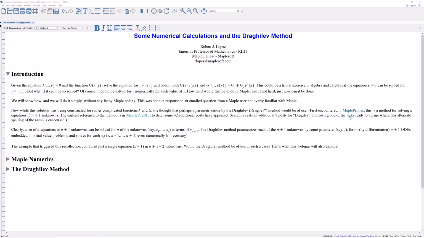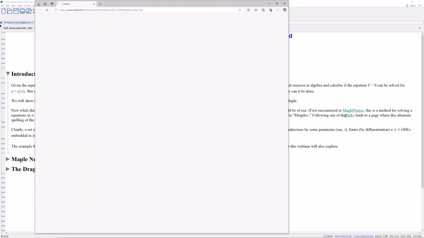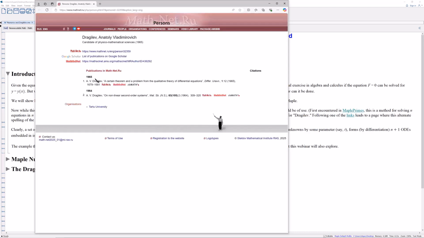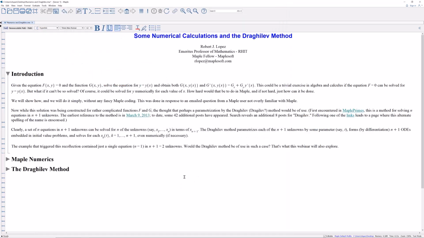And here's a link to a site that has the spelling with no H. And here's Draghilev's name in Russian. And here are papers that he's written. No H. So whether there's an H or not, we can kick that around. But the method